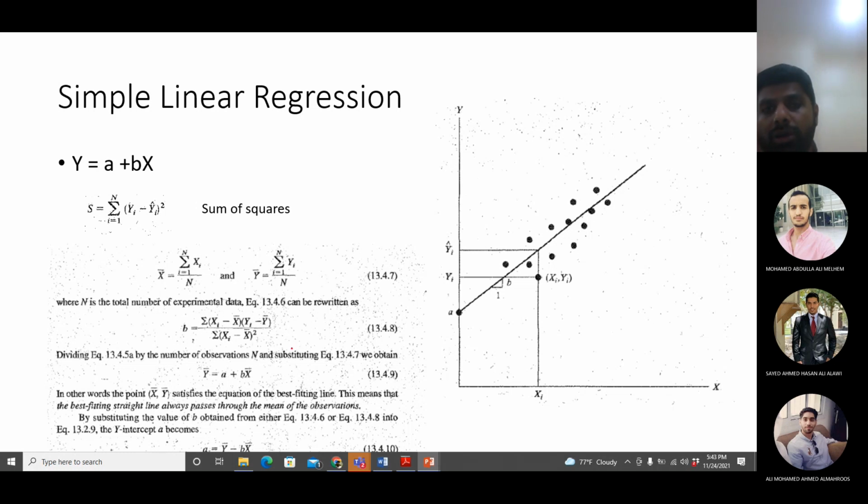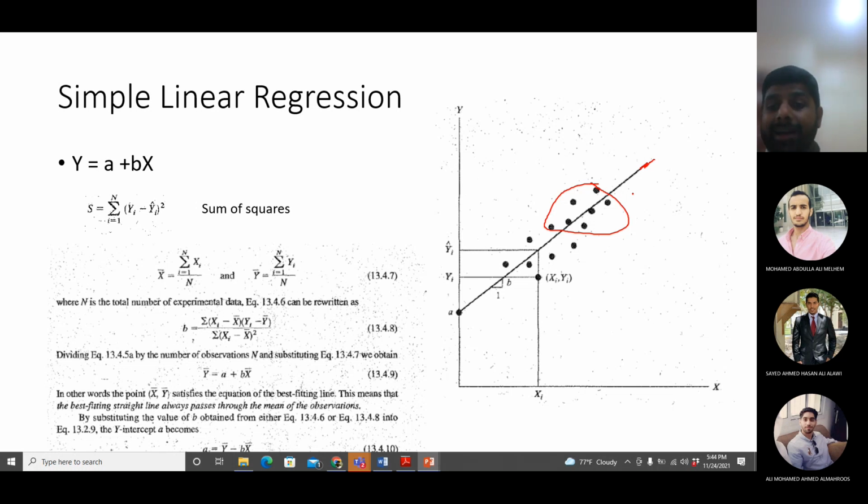But what should I do if I'm trying to find the best fit line? I'm trying to find the equation of this line, but the points which I have are these points. They are not in a straight line. How can I use these points to find out the parameters of this equation? If I have a line and I give you 2 points on the same line, finding out the slope is not a problem. Similarly, you extend this line towards the y-axis and you will find the y-intercept, no problem.